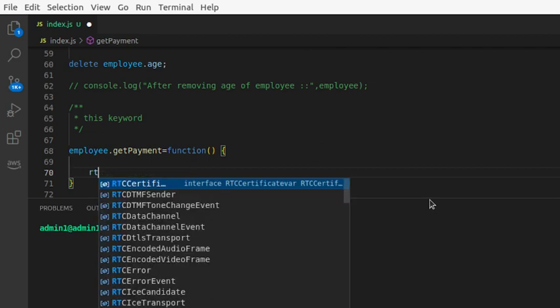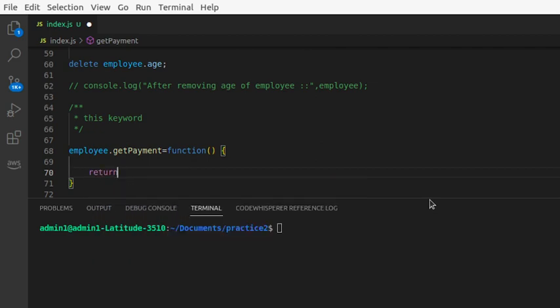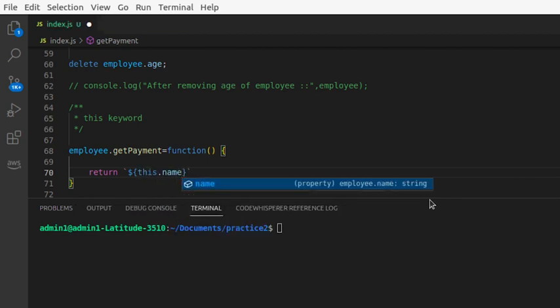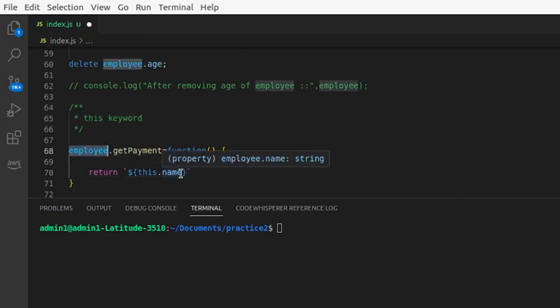Here I am returning, here I am printing the message like this. I am using backtick, this dot name. Basically I am using the object as an employee, so I can access the properties of employee using the this keyword. So I am writing this dot name